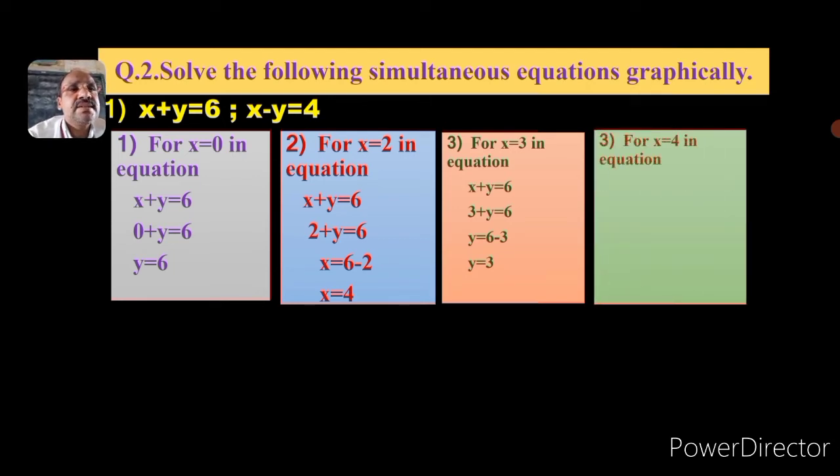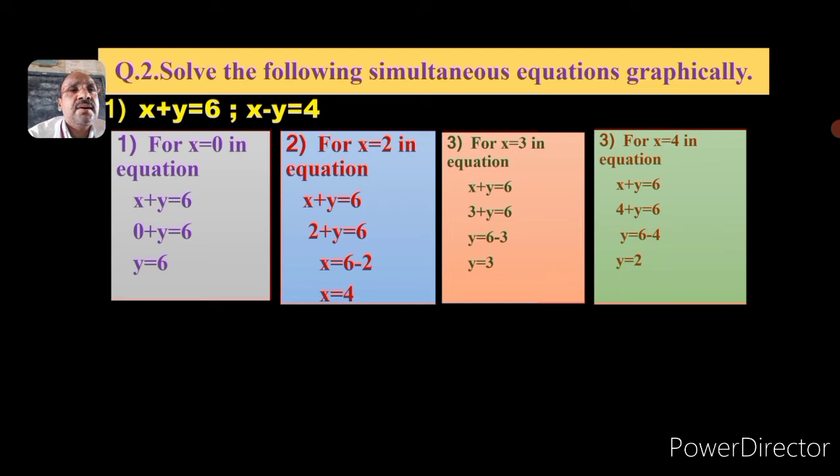for x is equal to 4 in equation x plus y is equal to 6. When we put the value of x, then the equation becomes 4 plus y is equal to 6. y is equal to 6 minus 4, that is y is equal to 2. Now